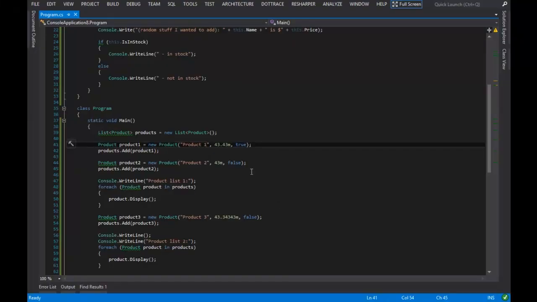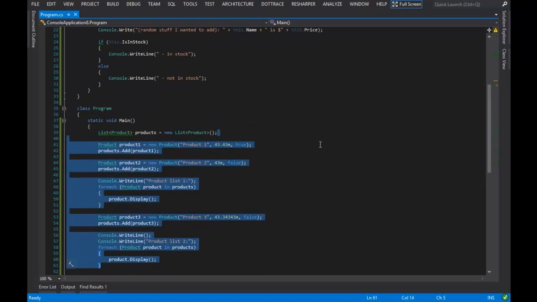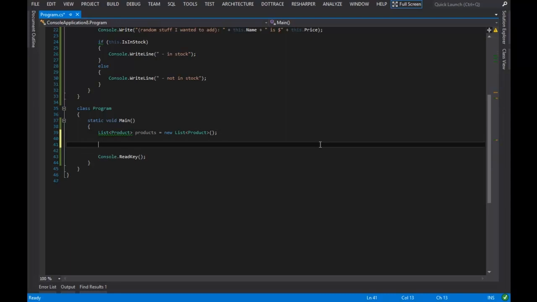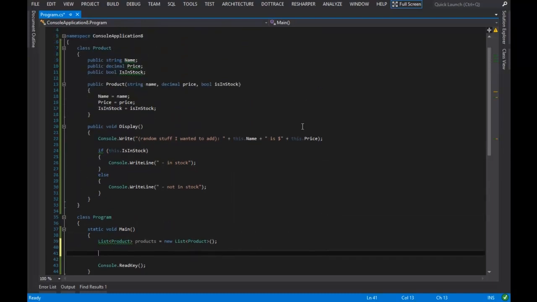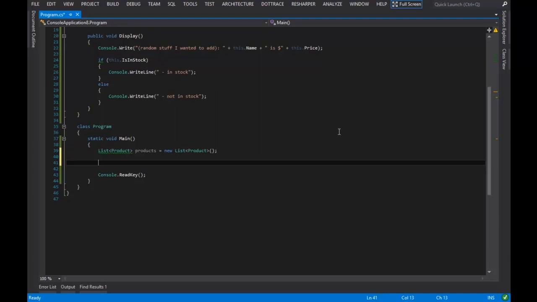So let's do one more example, and then we'll go on break. What I'm going to do is leave it at this, and I'm going to make it so the user can input however many products they want, and then I'm going to display each one of the products. So I'm going to say,